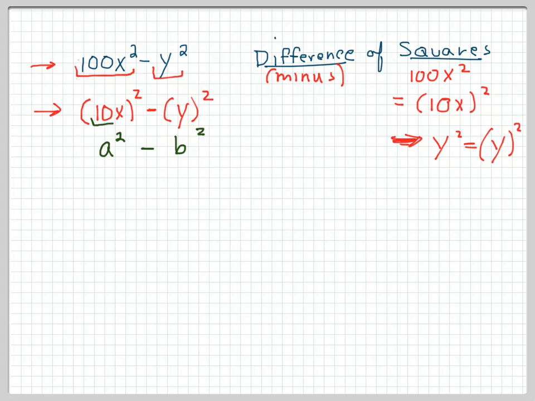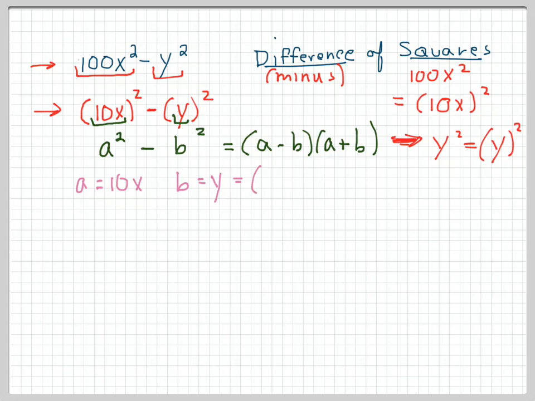And now my something is 10x and my something is y. And the formula says break it up as a minus b times a plus b. So that's the factorization for the difference of two squares. And I can see that for me a is 10x and b is y. And so jamming it into this model,